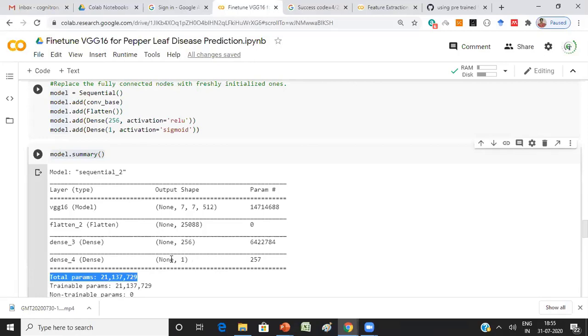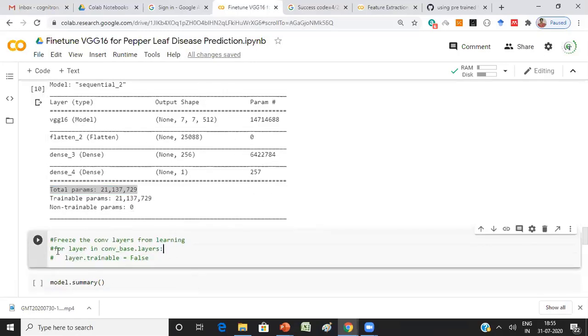I'll now show you how to freeze the layers. The convolution base is the variable which has all the convolution layers. Now let's see how to freeze them. Here you just iterate a for loop over convolution base dot layers. Convolution base is your VGG16 model, and you take all its layers, and in every iteration you make the current layer trainable as false.